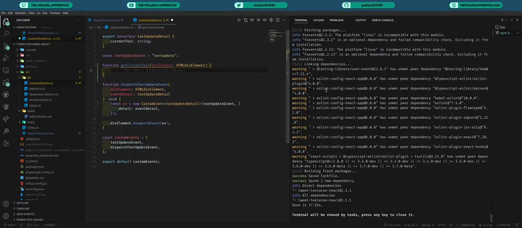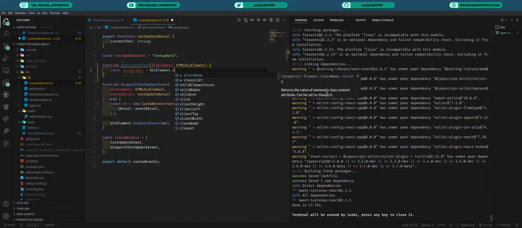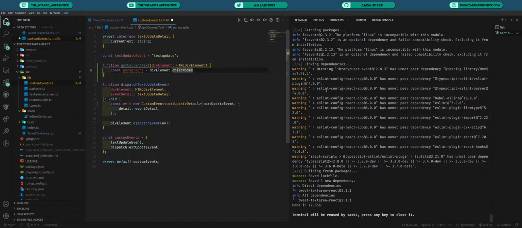Since we know that the child nodes of the div element are actually paragraphs, const paragraphs equals div element dot child nodes, and maybe Array.from, and then we can do